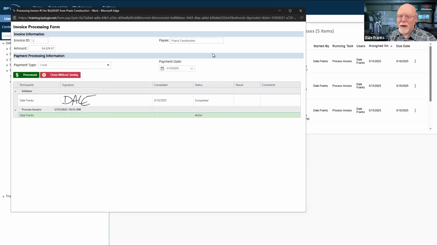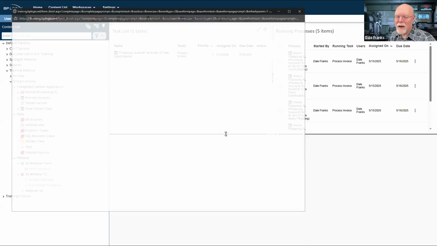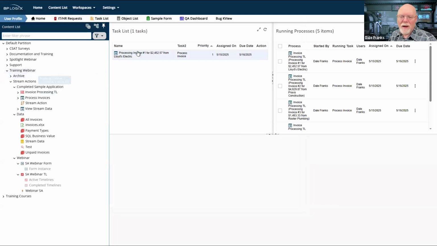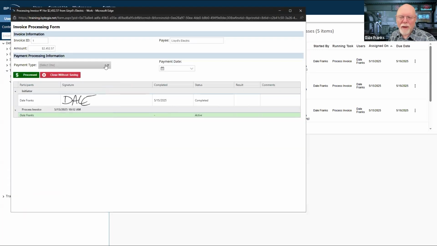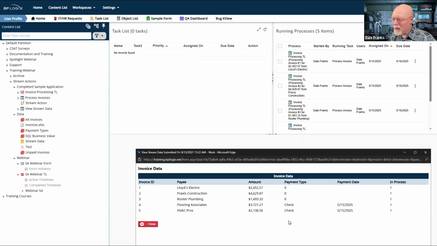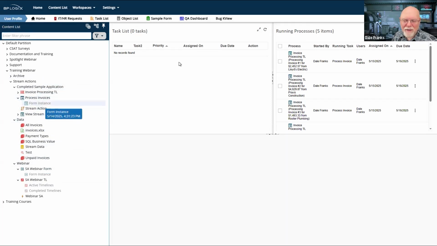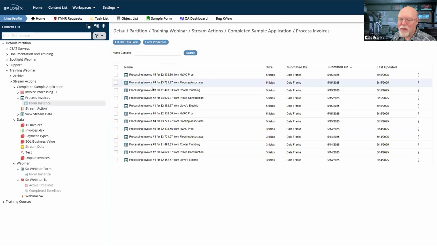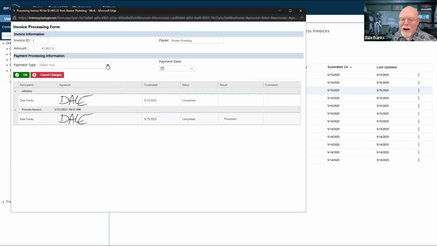There we go. I'm not sure what I did wrong on that one. I may not have properly completed that form. I thought I selected a date, but I may not have, and falsely submitted the form. So it's still showing up as 0. So that tells me I missed something. Let's go back into my process invoices and look at number 3 again. And I did not, in fact, select the date.